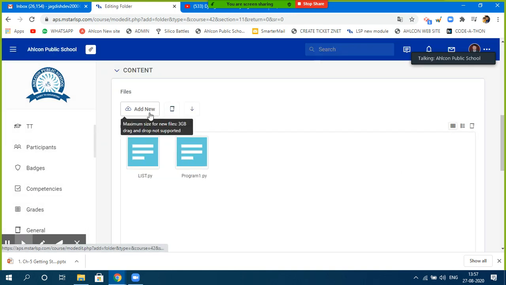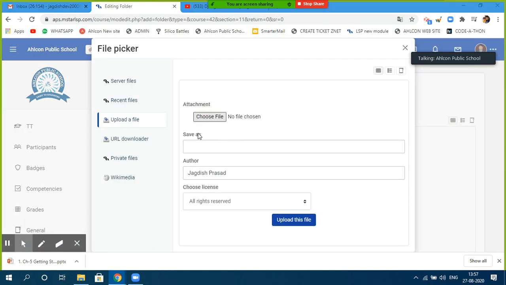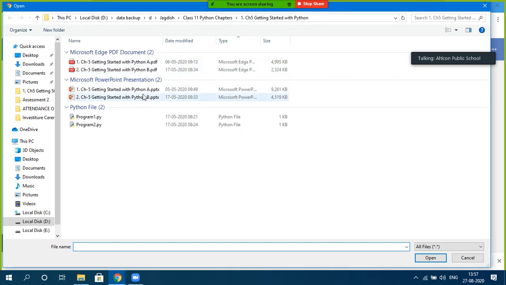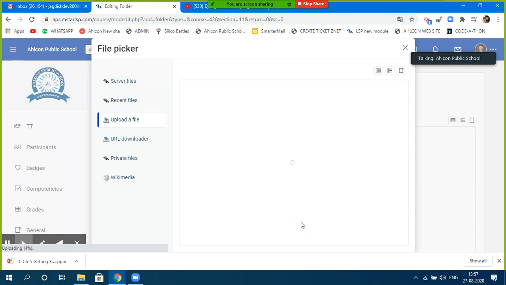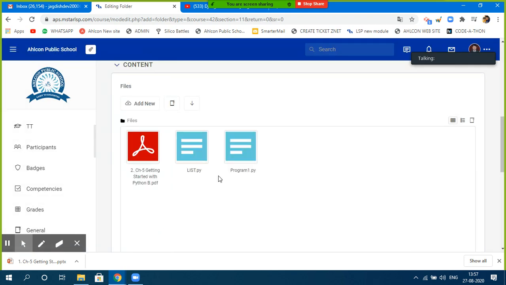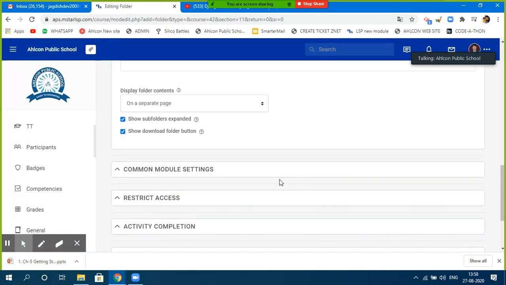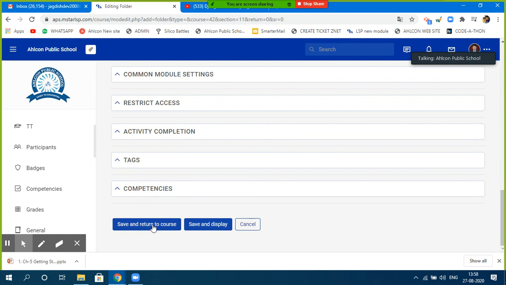I'll take 2-3 files to show you. Then after that, I'll click on a PDF file. Let's say this is a PDF file. Open this, upload this file. So 3 files have been uploaded, and click on save and return to the course.